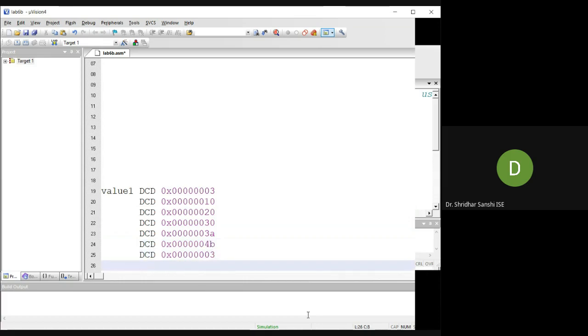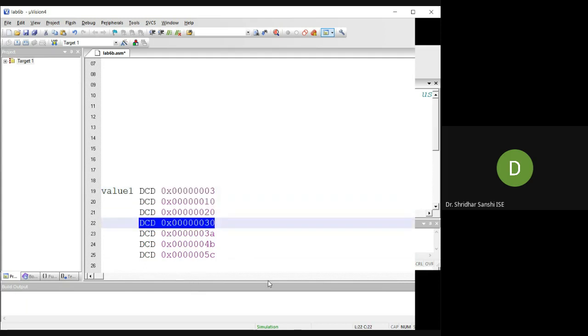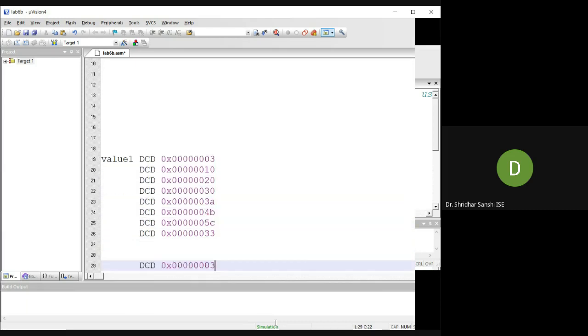So initialize the array. This is 3. So I have taken an array of 8 elements. Okay, these are the elements.